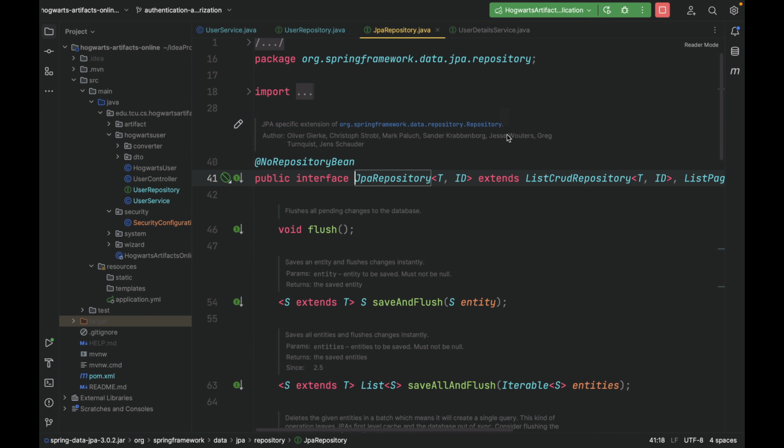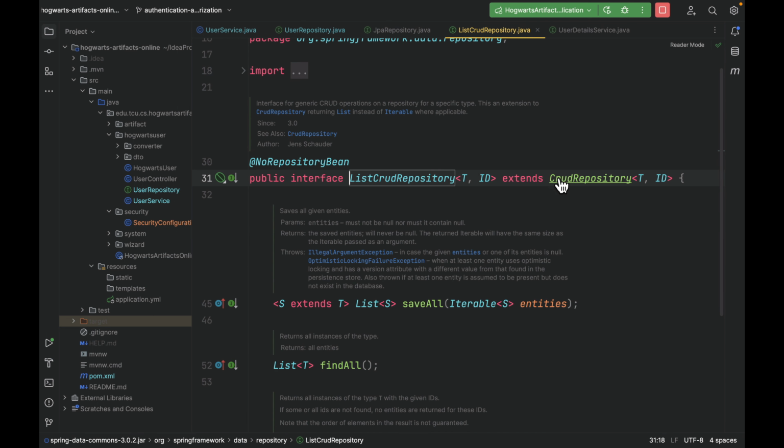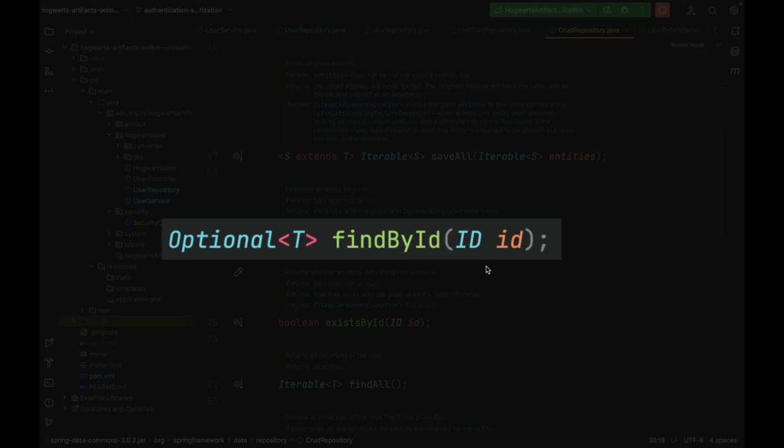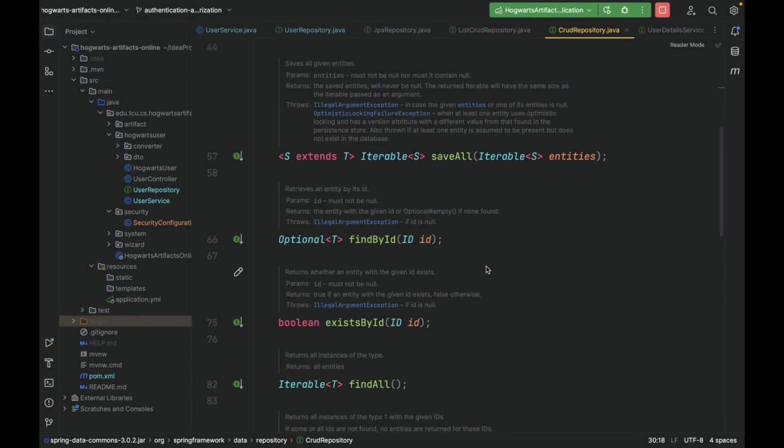So let's go there. findById returns an Optional, which wraps the HogwartsUser. Why? Because it is possible that this findById cannot find anything, right? In that case, it will return an empty Optional. So if you do not want to use if-else to perform null checks, then it is better to return an Optional instead of a HogwartsUser directly. So let's go back